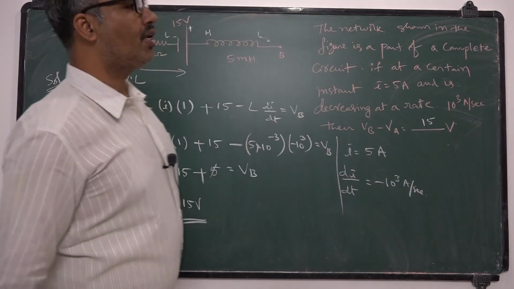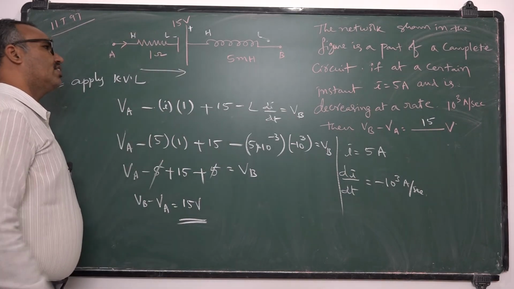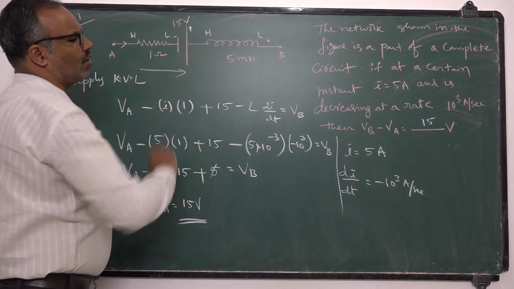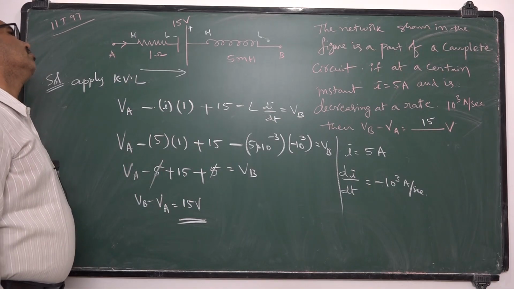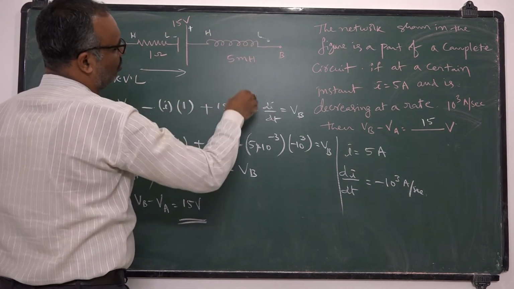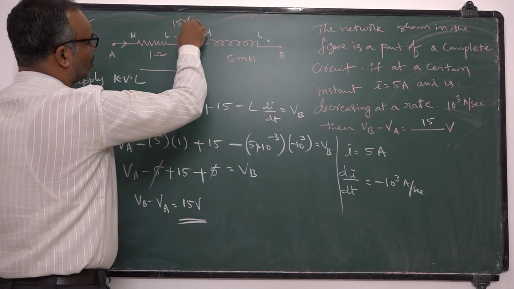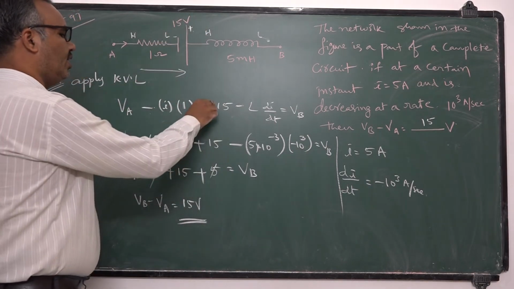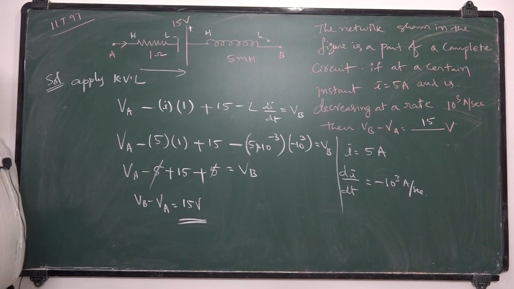The only thing you should remember is that voltage drop across a resistor is IR. Voltage drop across an inductor is L into di by dt. If you are going from high to low potential, you should take minus. Here also you are going from high to low, minus. Battery negative is low potential, battery positive is high potential. Low to high is positive. Very simple question, very simple solution. You just go through the basic idea to apply KVL for a given part of the circuit and substitute the given parameters as per the given question, then you will get the required answer very easily. Thank you.